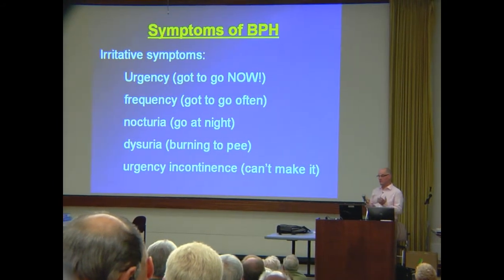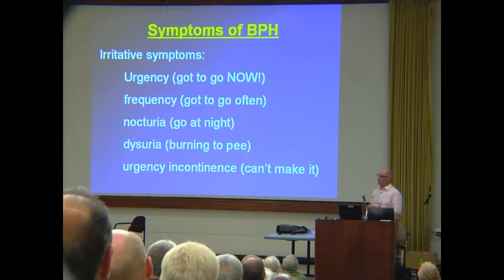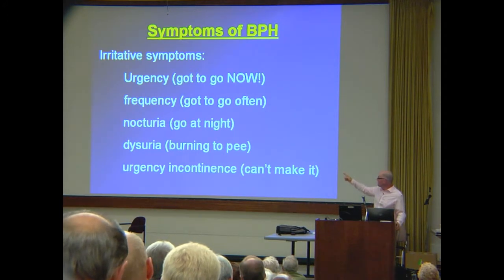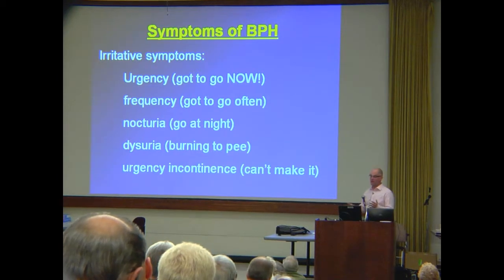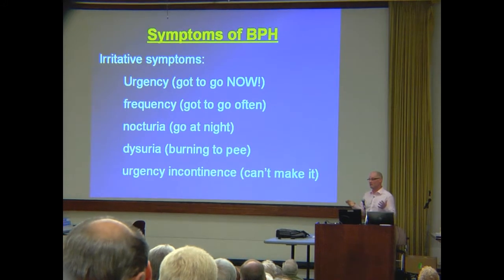What is the definition of often? Normal is up to 8 pees per day. So perhaps you're going 15 or 20 times per day. Nocturia, that's our special word for going pee at night. It's normal to get up once per night. More than that is considered abnormal. But again, it comes down to, does it bother you getting up? If you don't have anything else to do the next day, or you can fall back to sleep, you probably